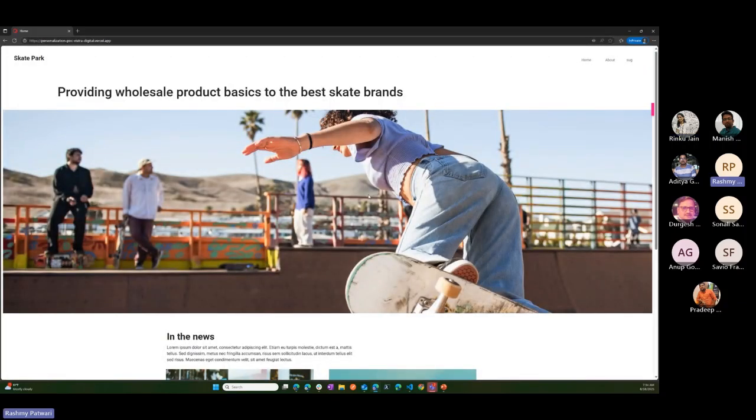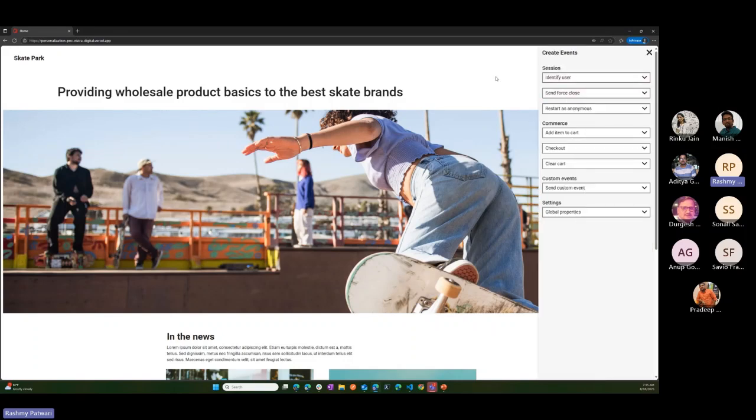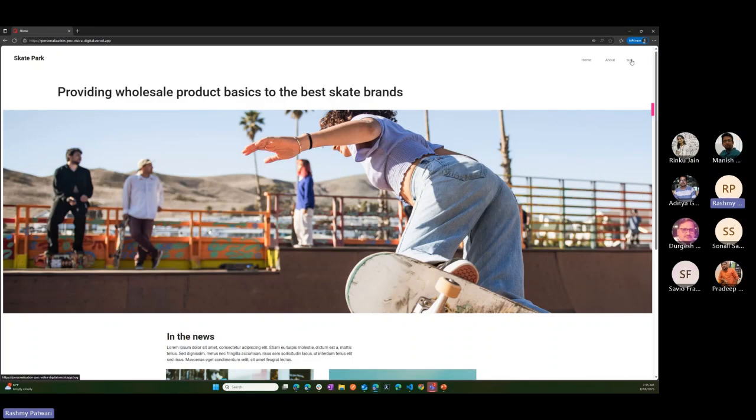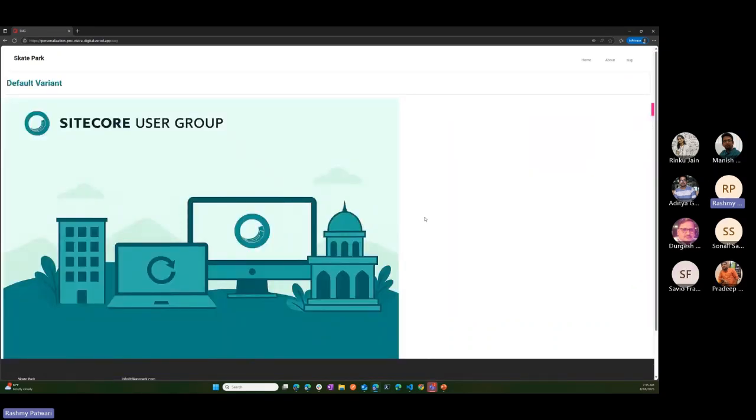So here we are. This is the XMCloud Starter Kit project, and nothing fancy over here. I've just added this little demo widget, which is again a web experience. Not there yet, but if I go on to this page, again, you're seeing the default variant. What has happened in the back end, if you recall the flow we just spoke about: I'm the visitor, I'm visiting the website, I go in there, and it came back with this particular page having two variants.